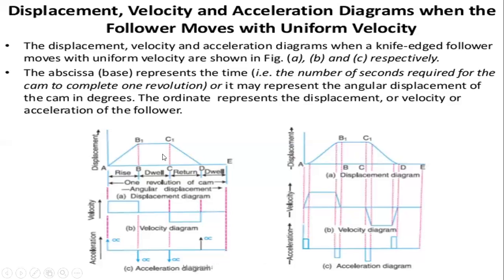Generally we have to draw three diagrams. The first diagram we call the displacement diagram. Next, the diagram taken to find out velocity from it is the velocity diagram, and the one to find out acceleration is the acceleration diagram. For the velocity diagram and acceleration diagram you need to have the formulas. In the question they will ask for that separately, and only if they ask separately do we need to find out those two, otherwise there is no need for it.